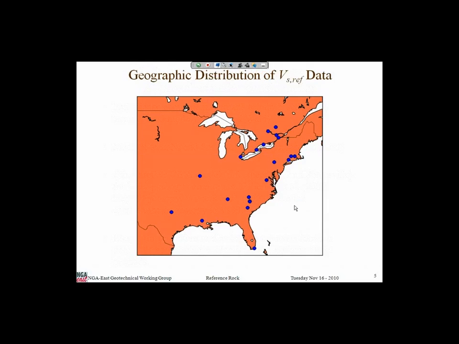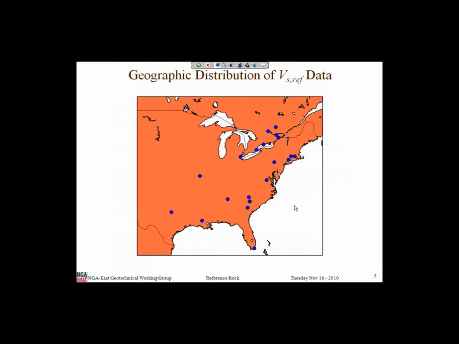Okay, now, how did we go about looking at our reference rock? What is the method we went for? We tried to find places where we had actual records of shear wave velocity and P wave velocity in reference rock, and of course in hard rock, and there was also an issue of how you define that hard rock.